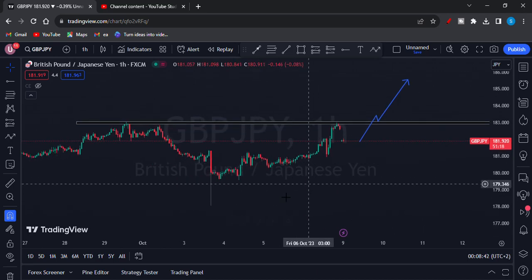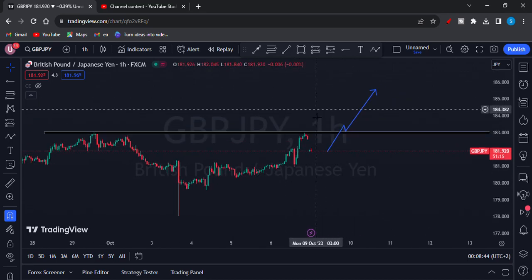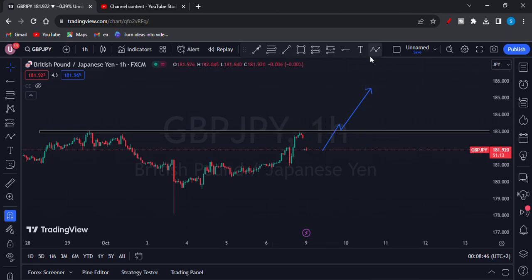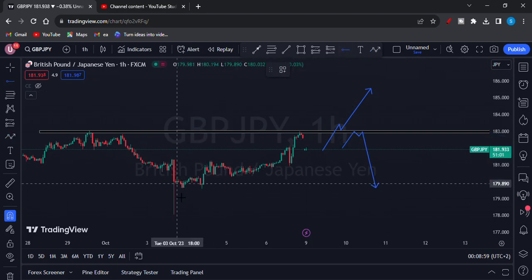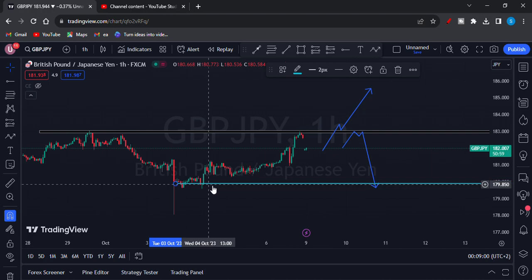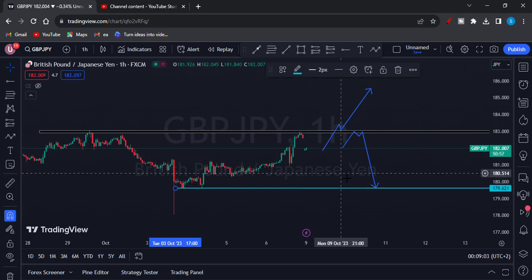And then if the market decides to sell, then it's possible that maybe we can see something like market around these areas, giving us a full top, then sell up to there. So that's my analysis for GBPJPY. And then let's go to